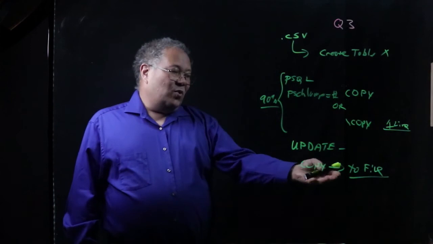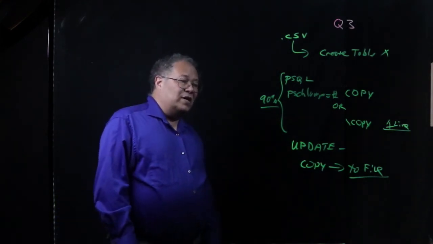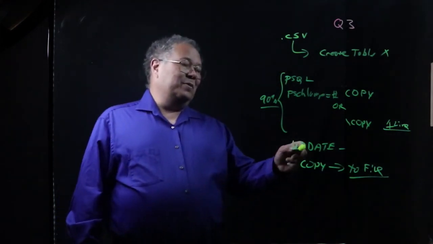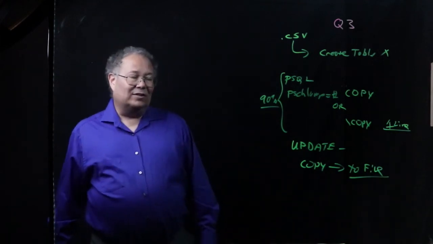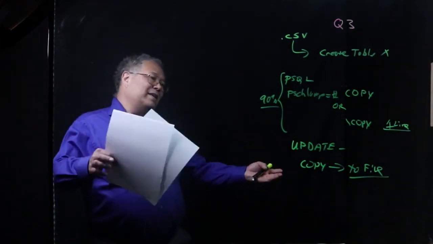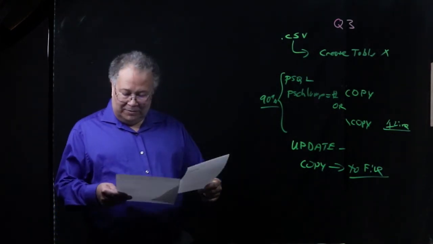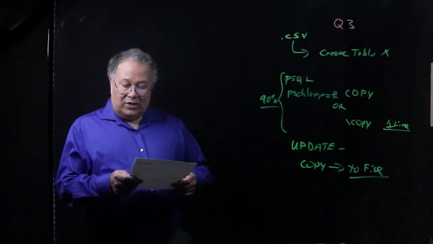So this is question 3, is load and save some data with a tiny little update piece in between. It's a trivial update, but how do you get data into and out of the database? Question 4